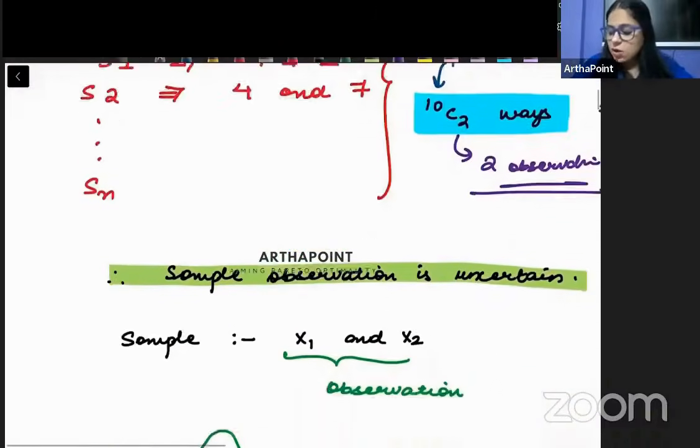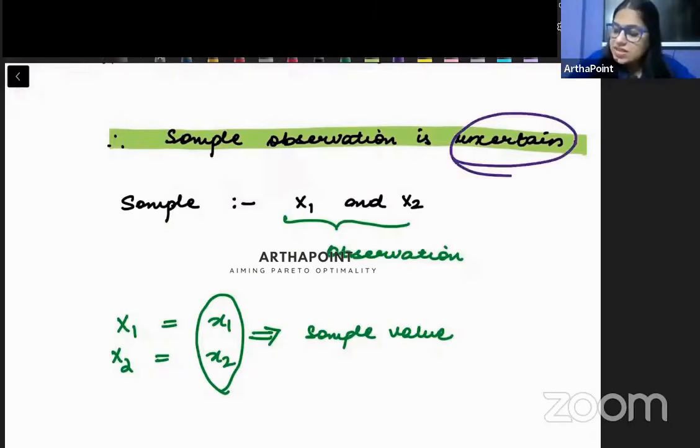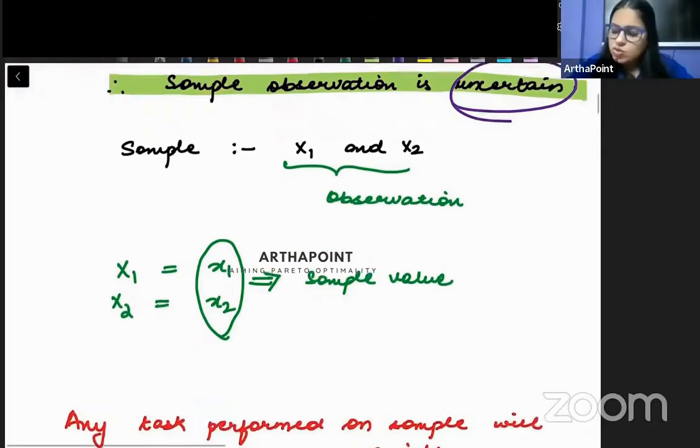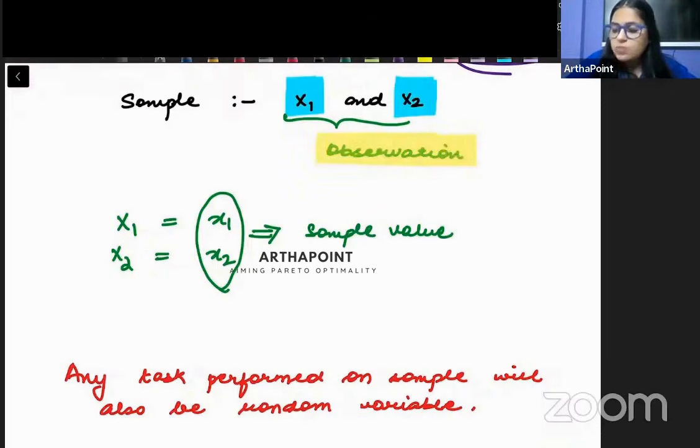Okay. So anyways, now coming forward beta. So what we have understood therefore is that going ahead and collecting a sample, that is an uncertain process. उसमें थोड़ी uncertainty involved है क्योंकि कोई भी 2 number आप sample में collect कर सकते हो. Now I just want to focus a bit on the technical words here. So beta, whenever we write capital X1 and capital X2, this actually goes ahead and represents the observation.